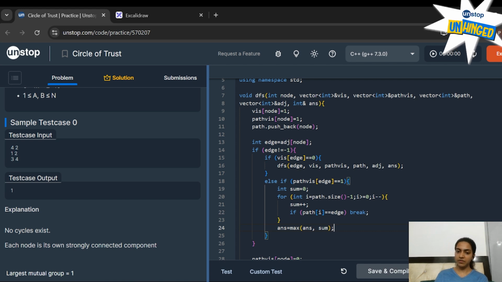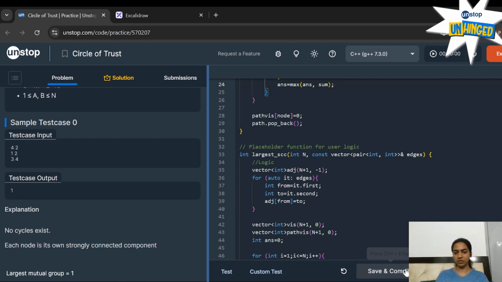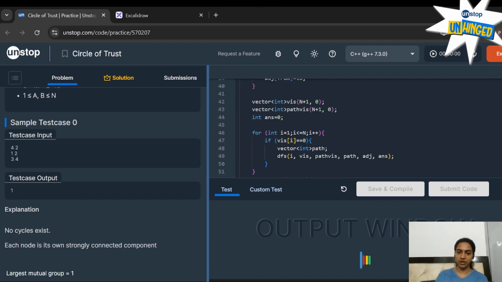Else, if it has been visited, then we check whether path visited of edge is 1 or not. If it is 1, that means it has come in our cycle once before. So then we find the count of our values in the path because this ensures that we have encountered a cycle and now this checks the value in that path. So this is going to work. Let's check.